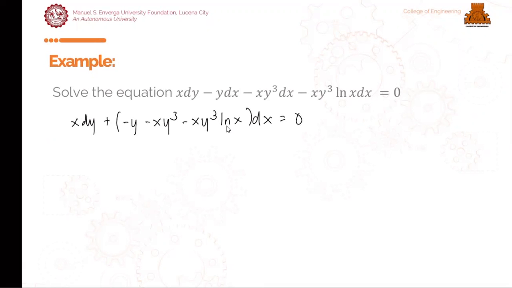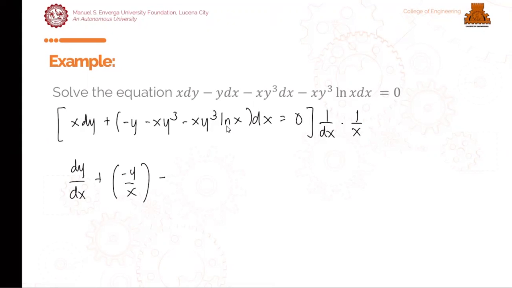Okay, then divide natin both side by 1 over dx tsaka sa 1 over x. Ginagawa natin standard form ng Bernoulli form. Okay, so this will be dy over dx and then plus negative y over x minus